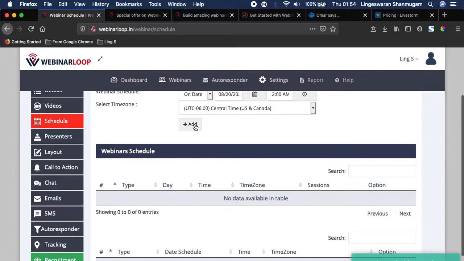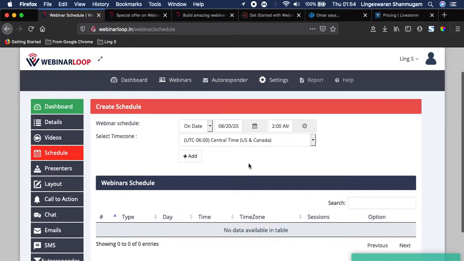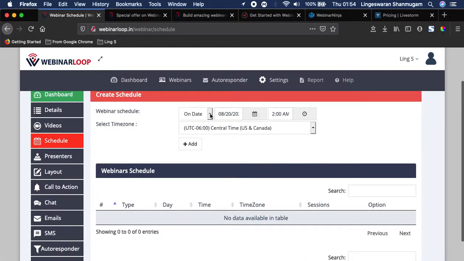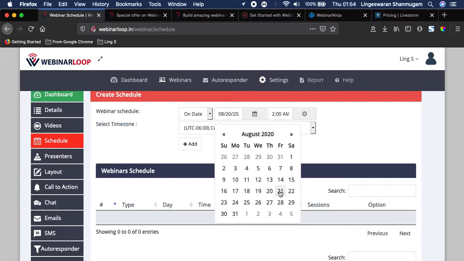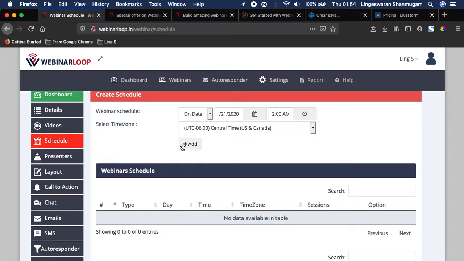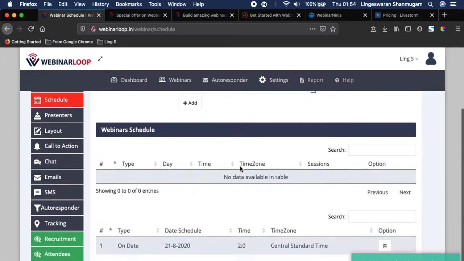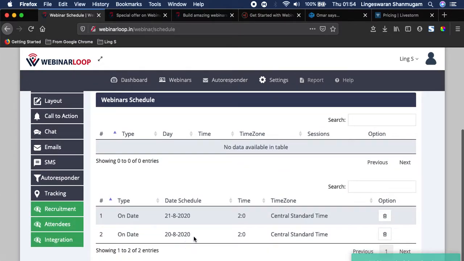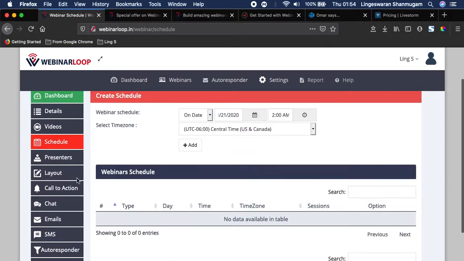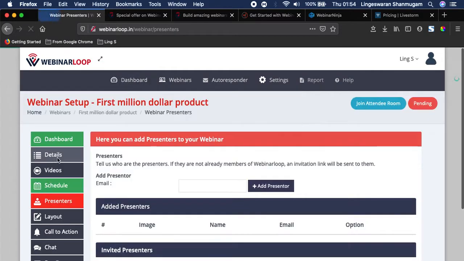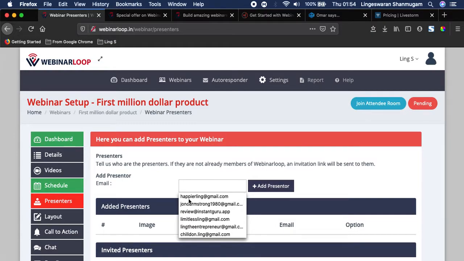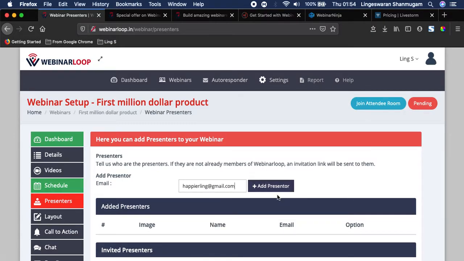So I'll just add this. Say I really wanted to edit. Again, I should actually keep it, say, on the future dates, which is 21st. Add them. So the two entries get added. Press enter. So what I'll do is I'll add the press enter.